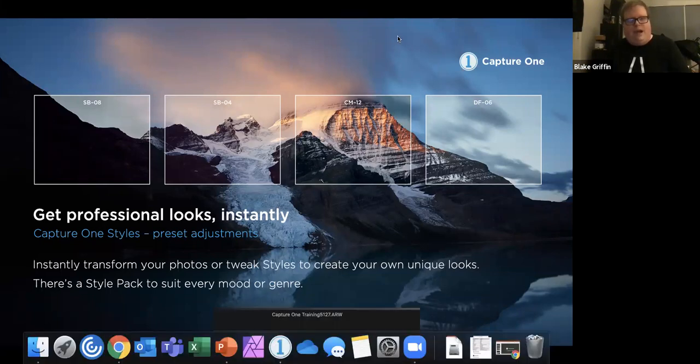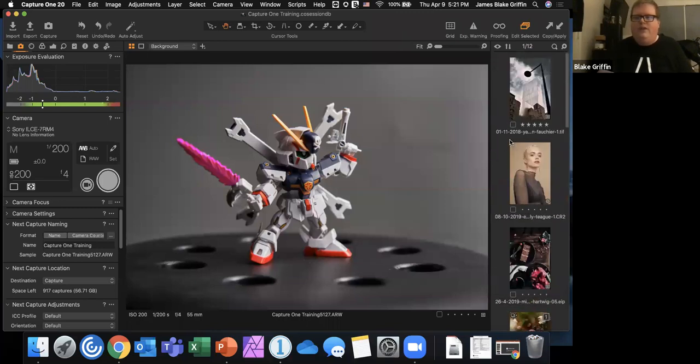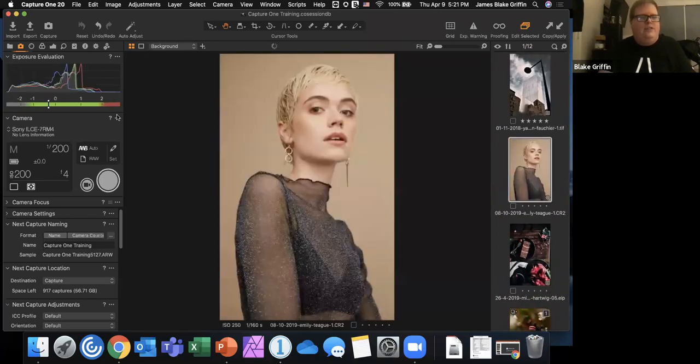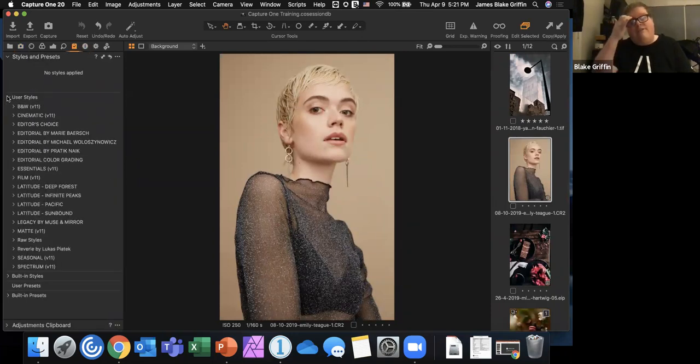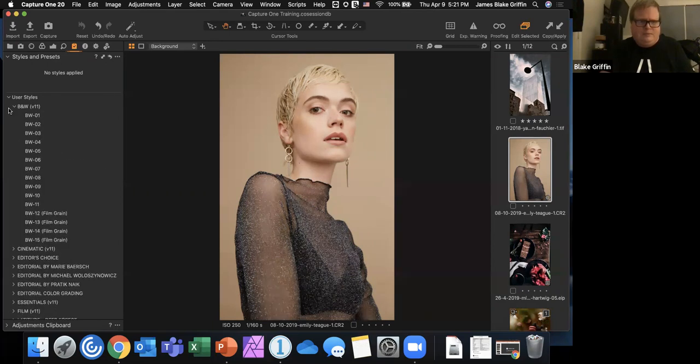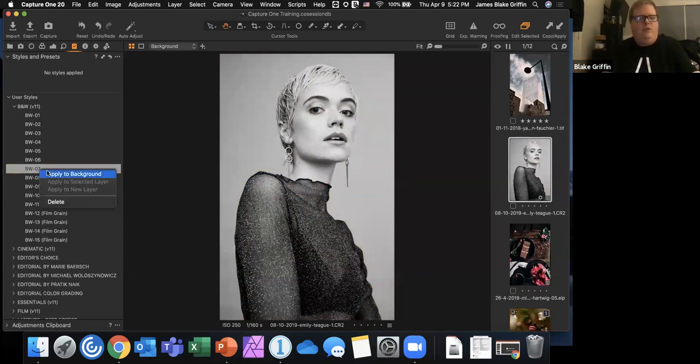And I'm going to pop back to our page here as well to give you some ideas. This is going to show you not only some of our styles that we have available, but also just how fast this entire process goes. So on our styles tab here, I've got this nice, lovely image from Emily Teague. And I'm going to open up my black and white tool. As I rotate through and just hover over these various images, you can see how quickly Capture One renders this style pack. And I'm going to go ahead and apply this